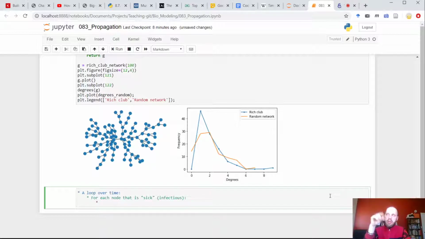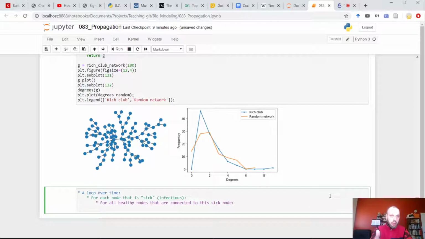Is it that it always gives the disease to only one node? Not necessarily, right? So for all healthy nodes that are connected to this sick node, it can give the bug to all the nodes it's connected to, maybe, right?